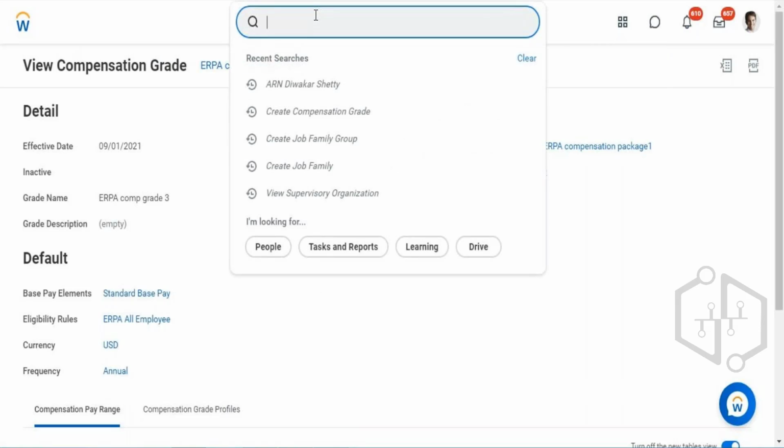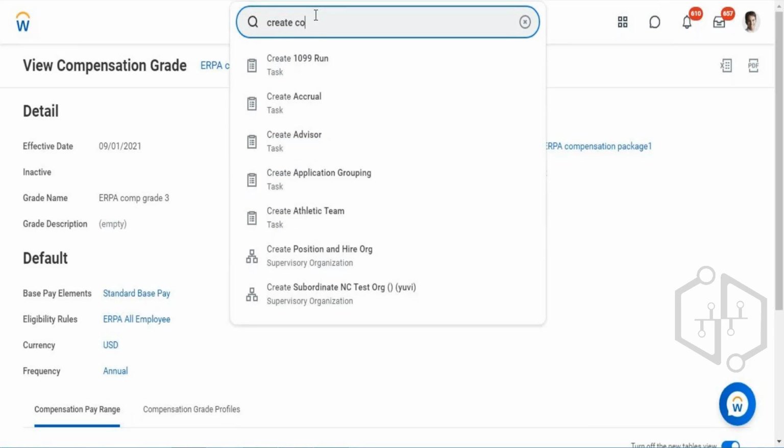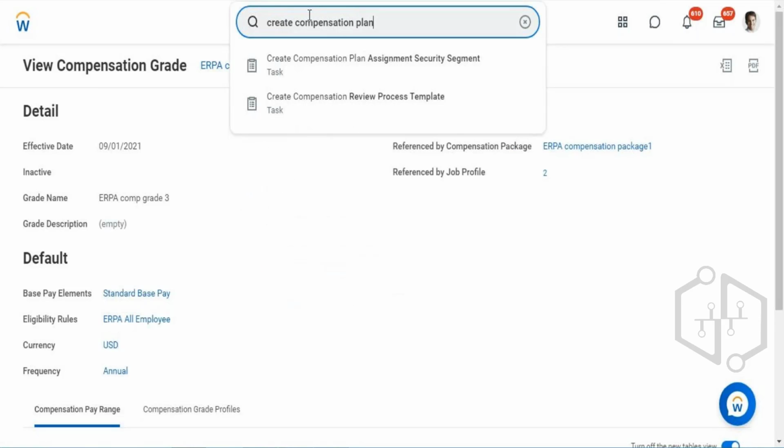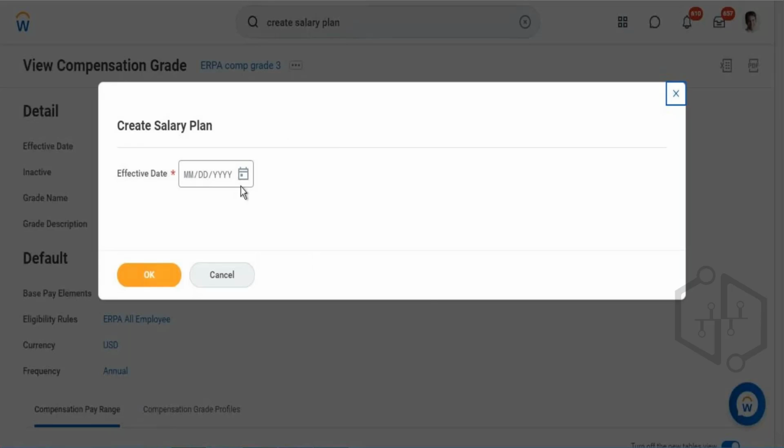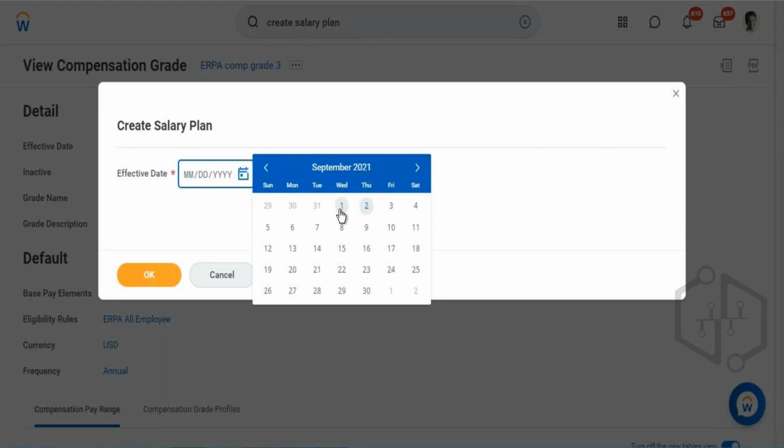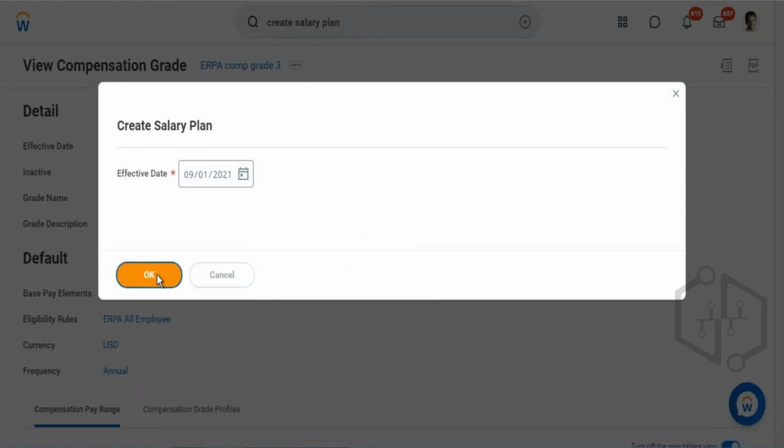So we'll create a compensation plan now. Oh, sorry. Each plan will have a different name. If you're creating a salary plan, there are a few things you need to note here. Whenever you're creating any plan,